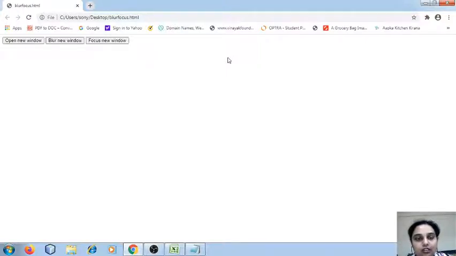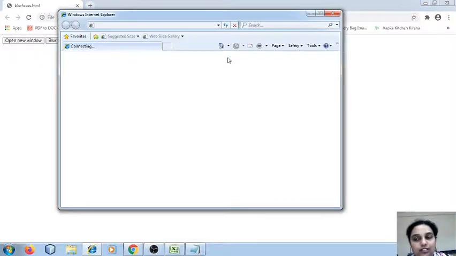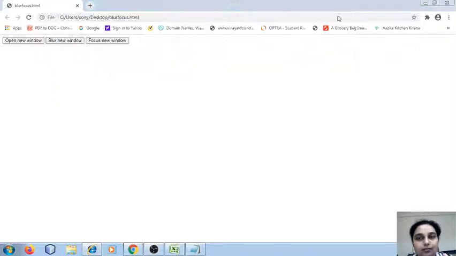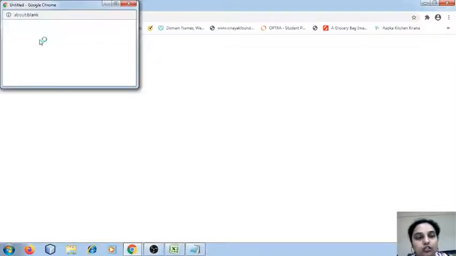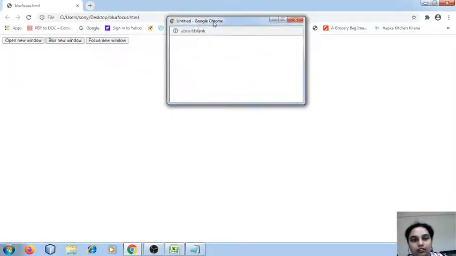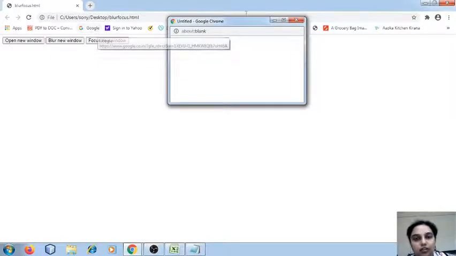So when we run the program, what are we finding? As the output we have just 3 clickable buttons. One which says open new window, another which says blur window, and the third one says focus new window. Now when I click on open new window, one new window of width 400, height 200 is created. Now on top it looks like a stack. So here we have the new window and this is the previous window.